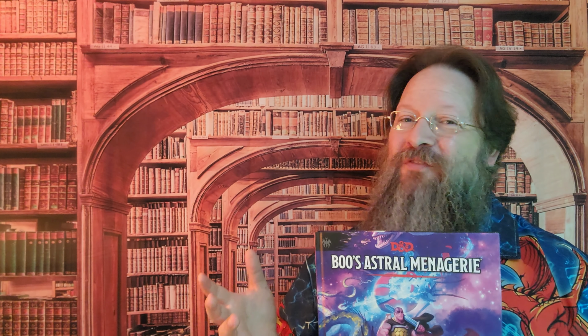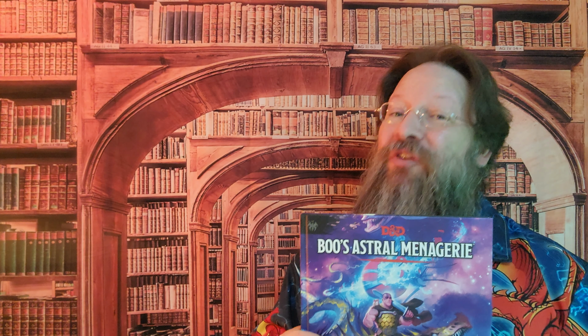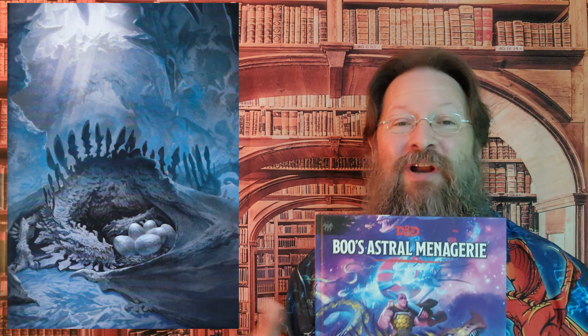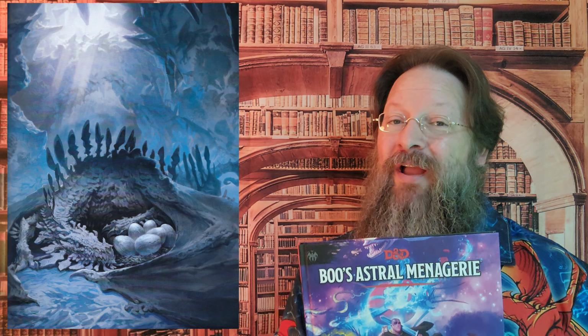Last week we took a dive into what the Solar Dragon was, as found in Spelljammer book Boo's Astral Menagerie. GameMasters here, and if the Solar Dragon ever had an opposite of sorts, the Lunar Dragon would be it. Generally being of neutral evil alignment, the Lunar Dragon does not take kindly to other creatures getting close to its